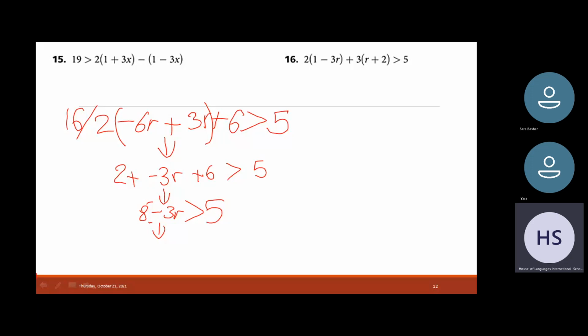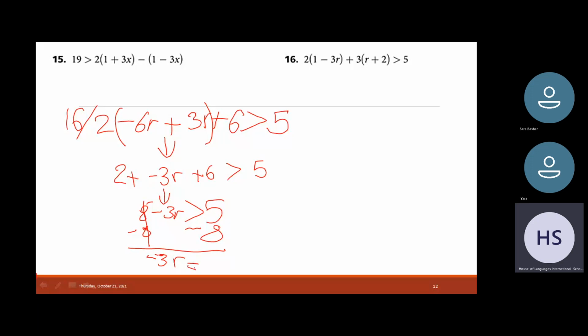So if you want to move 8 to the second side, what is the sign of 8? Positive. So what's the opposite? Minus 3r, minus 3r, minus 8, minus 8. Here it is positive 8, minus 8, minus 8. So now it's cancelled. So what do you have here? Minus 3r